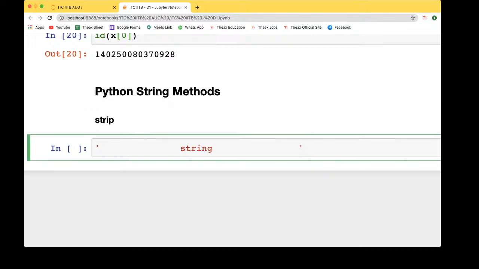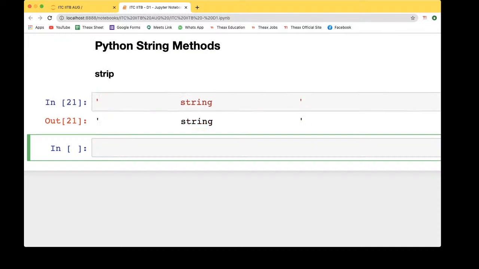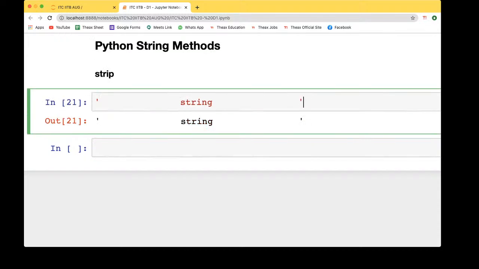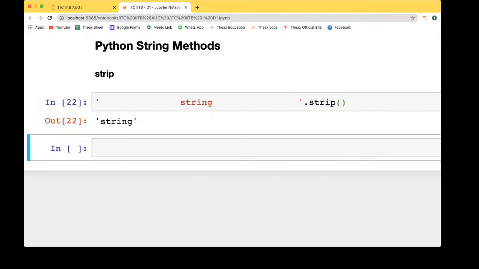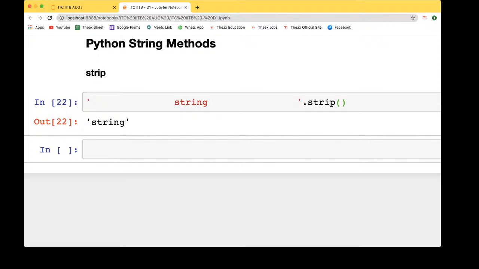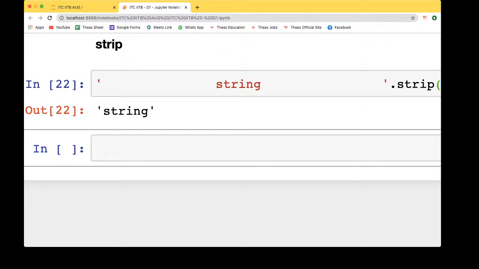If we just print it, we see it as it is. But if we want to remove all the spaces, we'll use the strip function, and this will remove the spaces. As you can see in the output, even if you write the spaces, you'll get the outcome without the spaces.